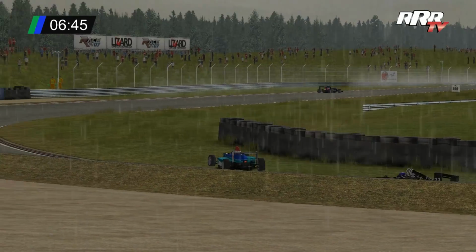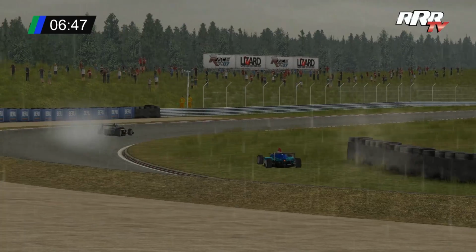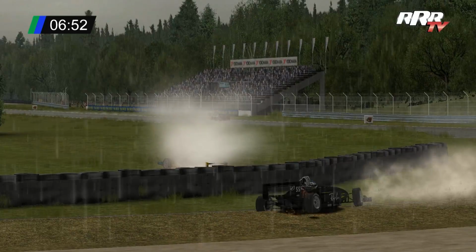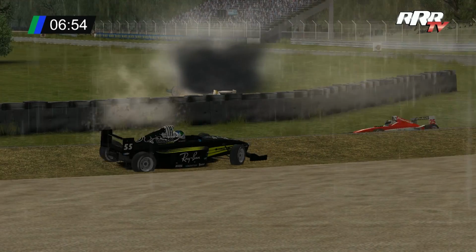Gonna have to rename this tyre barrier Blair 1 Wall, I think. Yes, I think that has to be official. And the camera jerking around a fair amount. And who's there? Black cat. That's Smithy off,